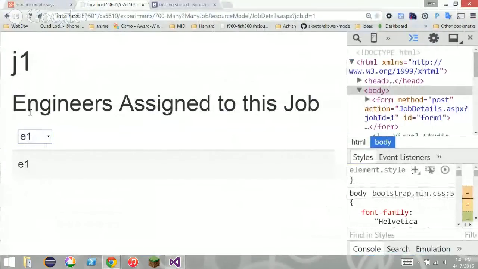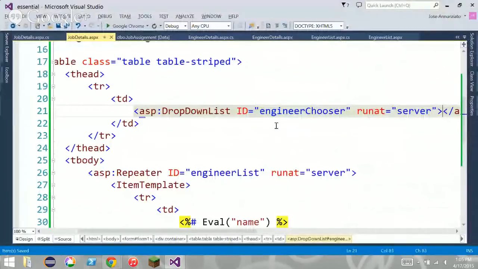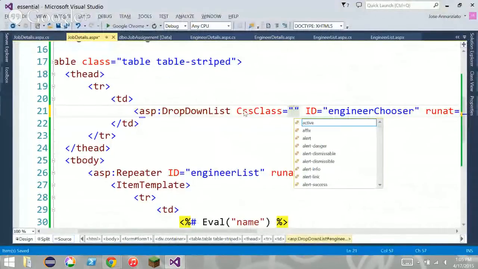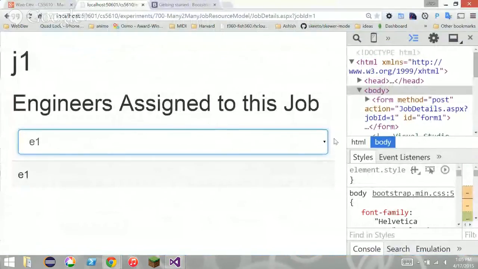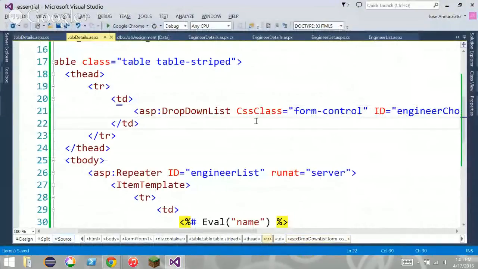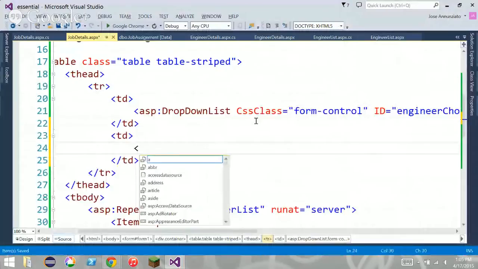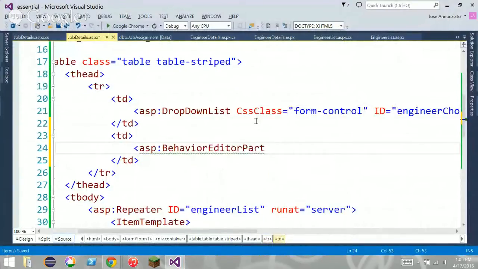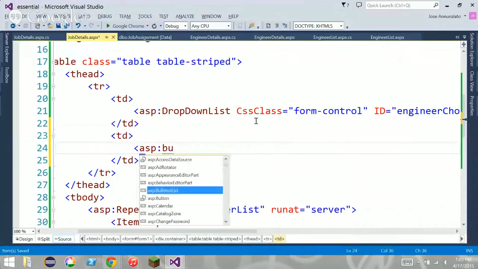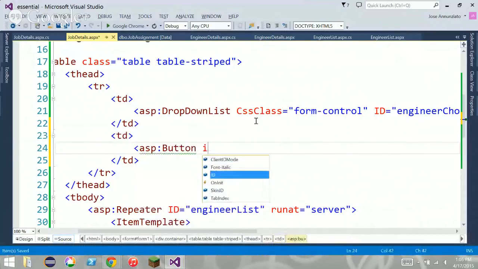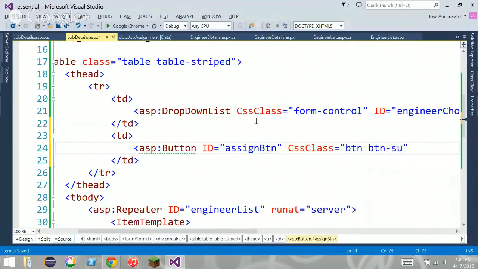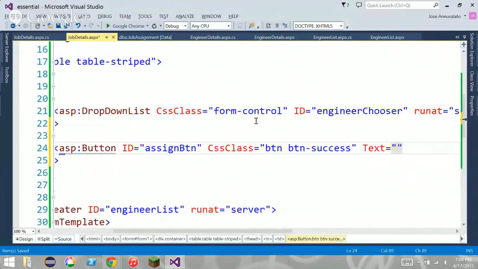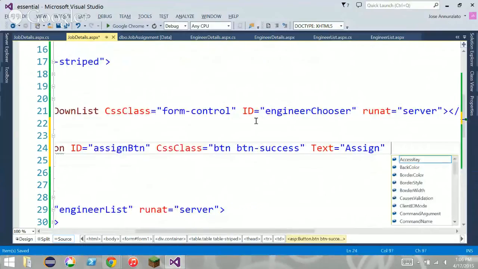Right? You can choose the various engineers. And we can make this look a little prettier. CSS form-control. And then put an assign button at the end, td, ASP button, with ID assignButton, with btn-success, with the text Assign, and with the OnClick